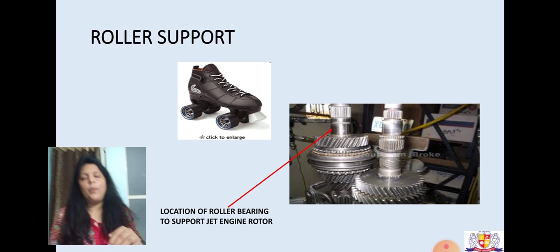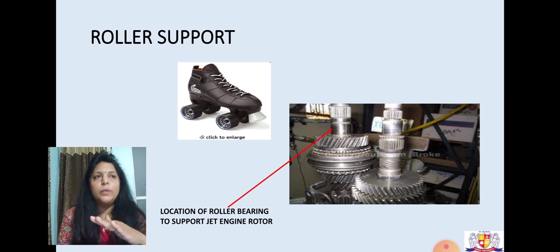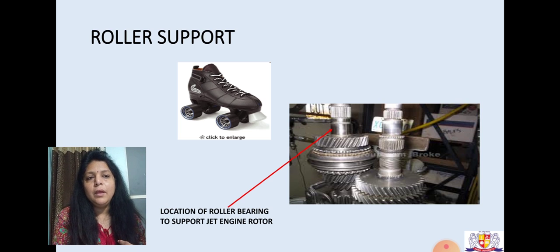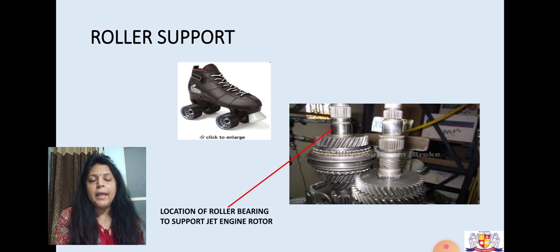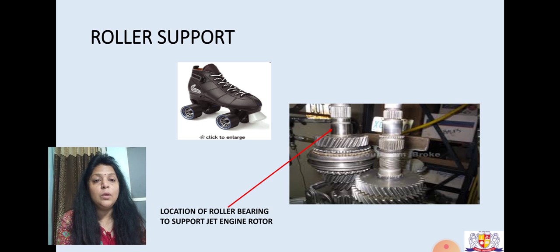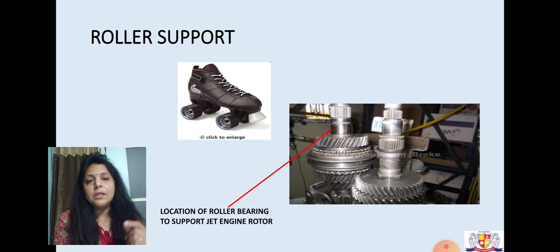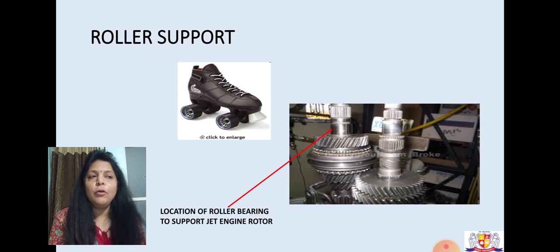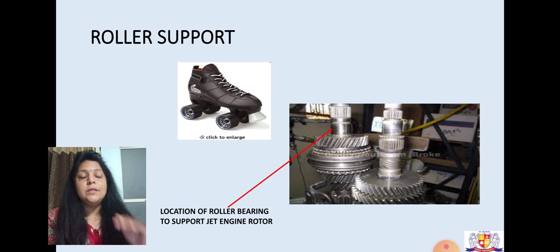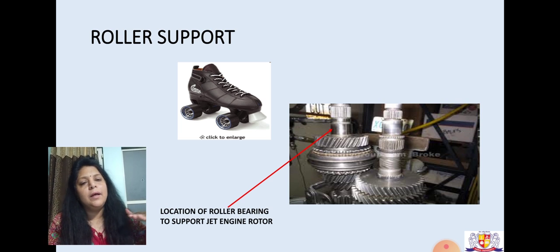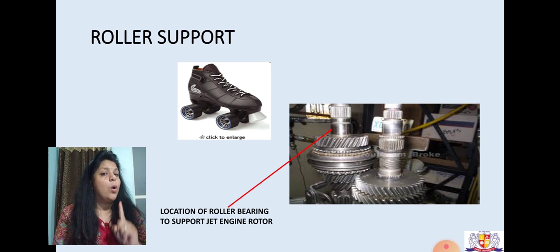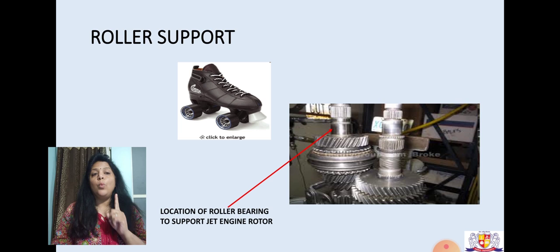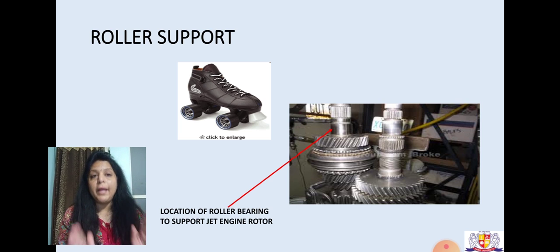So rollers are provided because when the vehicles are moving over a particular flyover, what will happen? If we are not providing rollers, then the load will be concentrated at a particular point and there are many chances of failure or cracks developing from that point. So as rollers are provided, the flyover will distribute the load uniformly throughout its length. That is why there is always one roller support on a bridge.